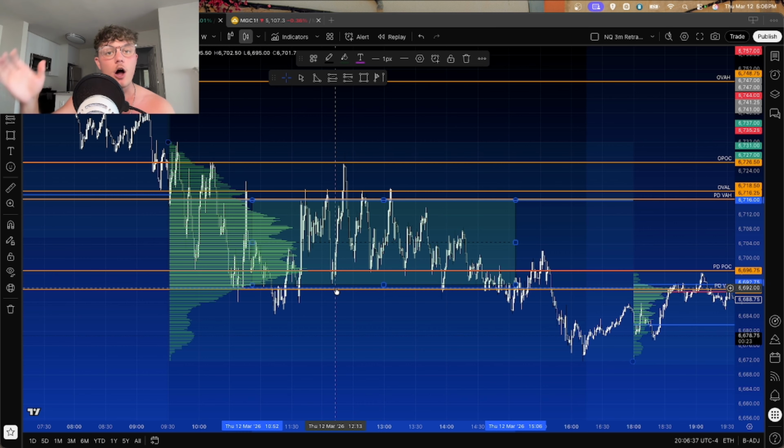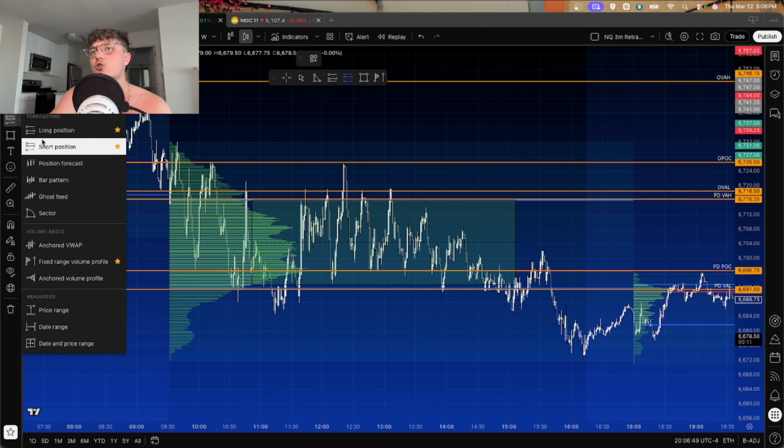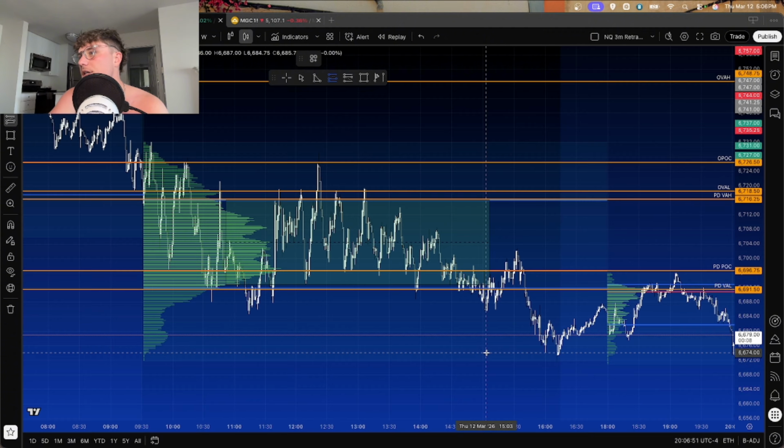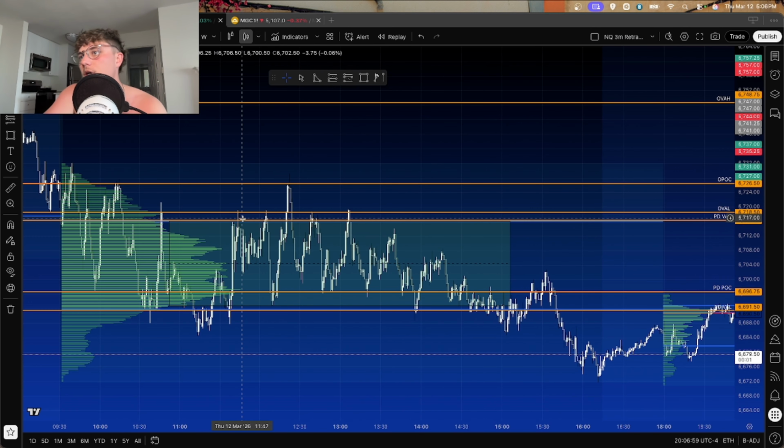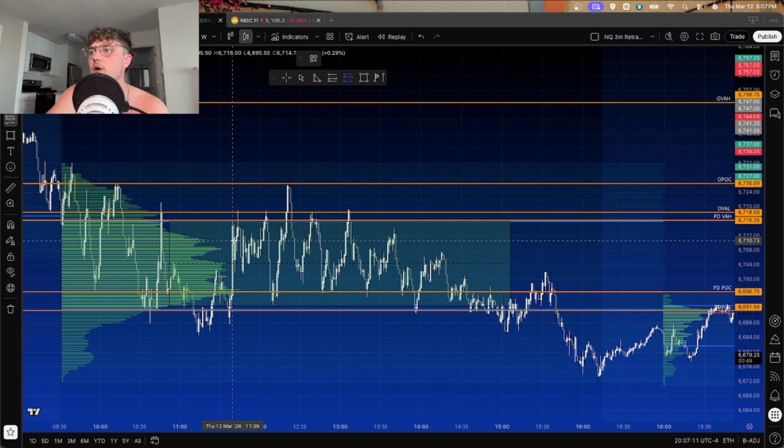On the flip side, I'll sell at the premium, right? Selling at the top, and I'll buy it back at value or discount. So if we were going to apply this and take a trade off of this, look for longs here. Actually, let's take a short first. So we can see a bunch of times that we bought up to our value area high and sold back to our discount price and our control, right? So this happens 4 or 5 times, 6 times throughout the session.